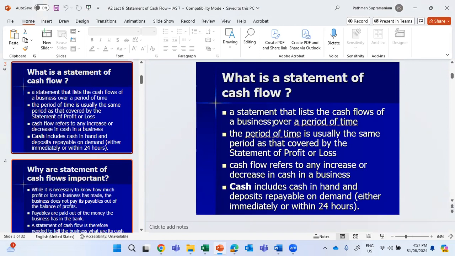A cash book will tell you every single nature of the cash inflow and cash outflow. For example, if you receive money from sales, on the debit side of the cash book you will see the description is sales. Or if you receive money from trade receivable, the cash book will record it as trade receivable. Or if you've paid expenses, rental, you will know it's rental or salary or whatsoever. But here, we are